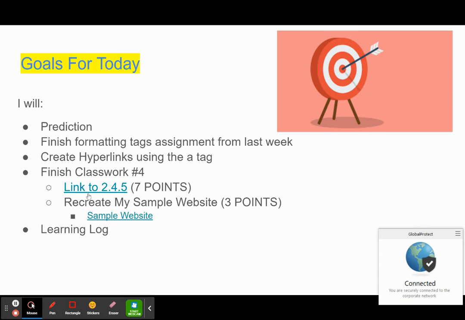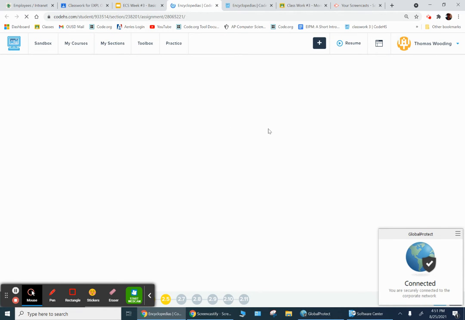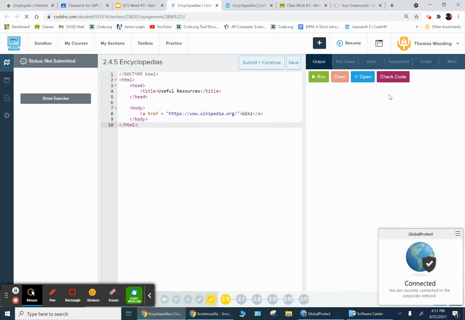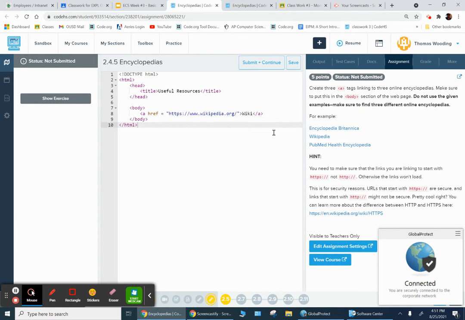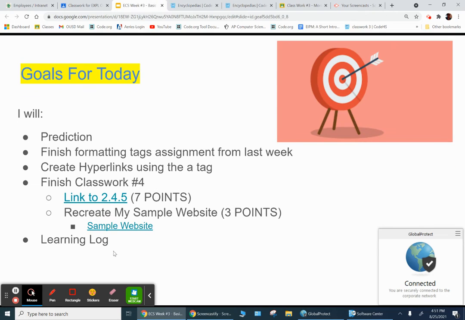You're going to have two things on the homework. Here's one of them. So you're going to have to make three links to some Wikipedia or other articles. And then you're going to have to recreate my sample website,